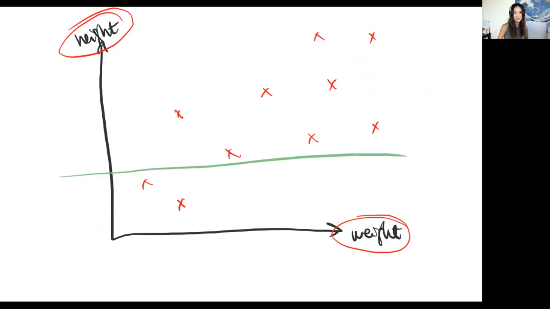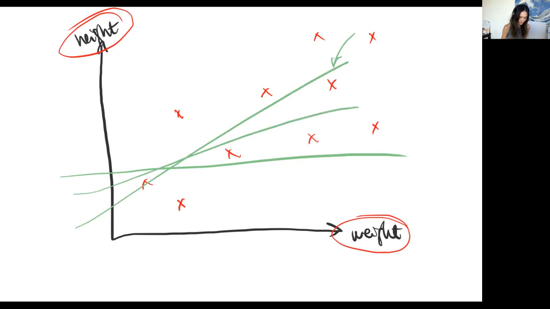The process of gradient descent, which we'll get into next phase, unfortunately not this phase, is okay, we're gonna slowly tilt the line back and forth until we get something that fits nicely. So let's just say slowly you're like, okay, we're just gonna increment the slope by like 1 degree at a time until we get to a point where, okay, yeah, this line looks like it fits best. And then you can also do the same thing with adjusting how high and low the line is. I'm getting into way too much detail on this tangent, but